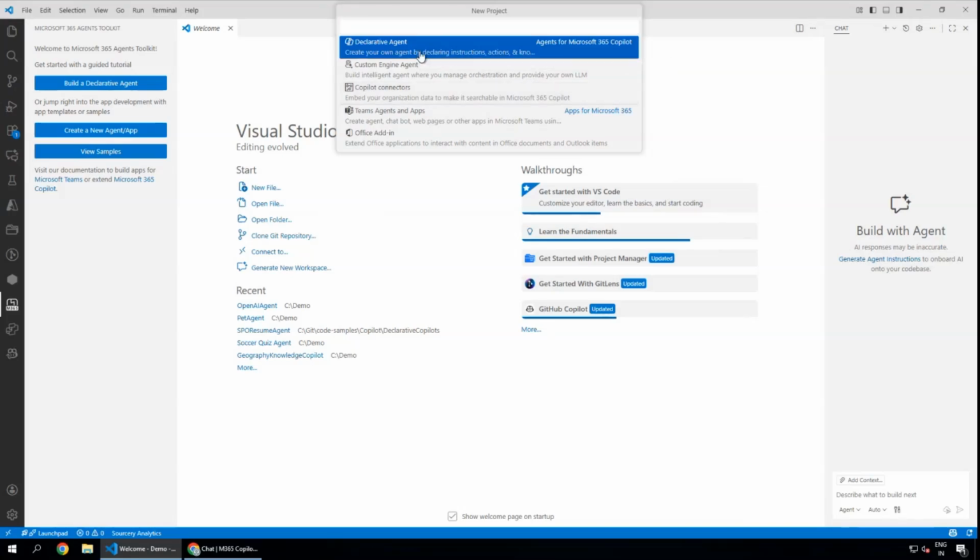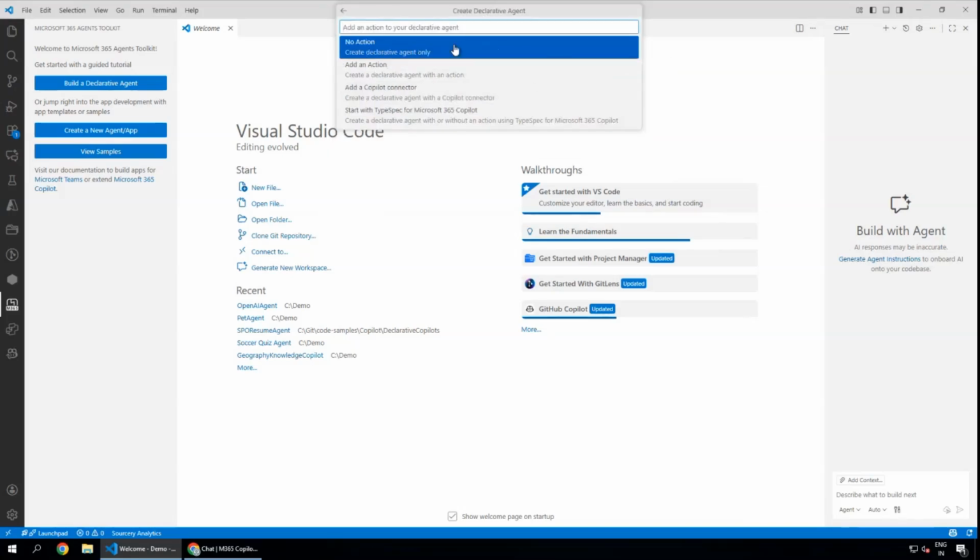We will keep it simple. We will go into the declarative agent, and again here we have got multiple options. No action, that means we just want to create a simple declarative agent by giving the instructions. Add an action, that means you might have some kind of APIs created inside of your organization, or maybe